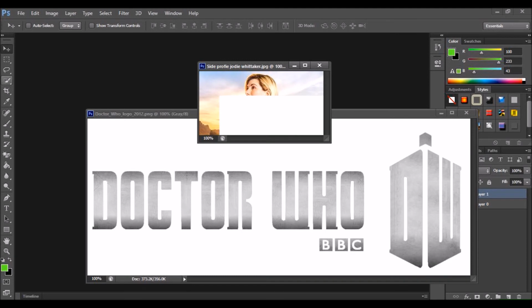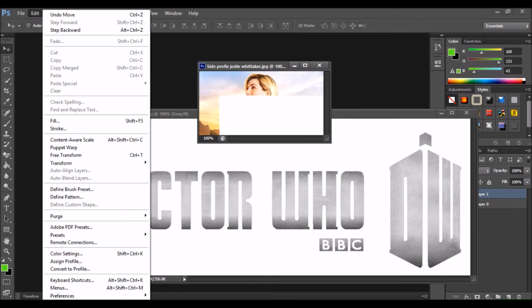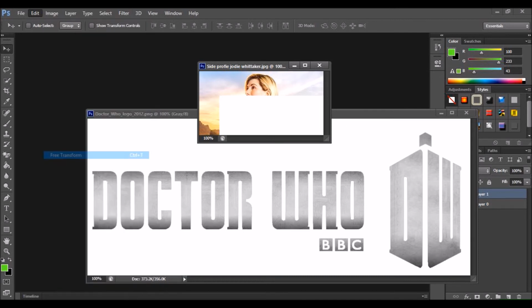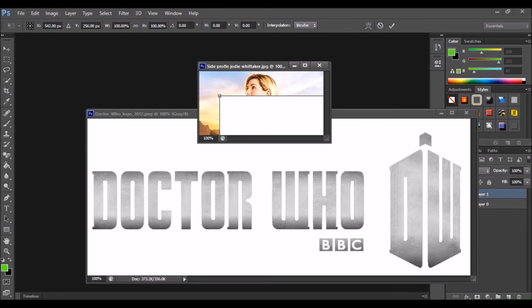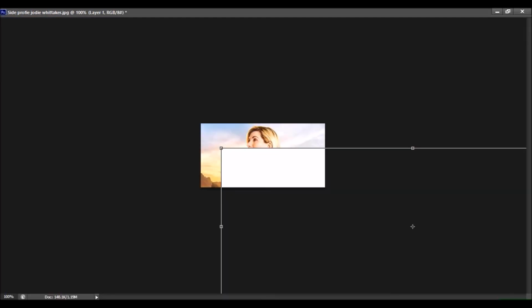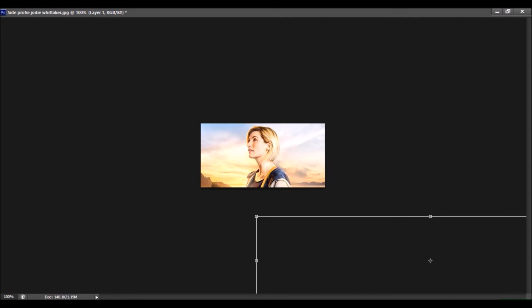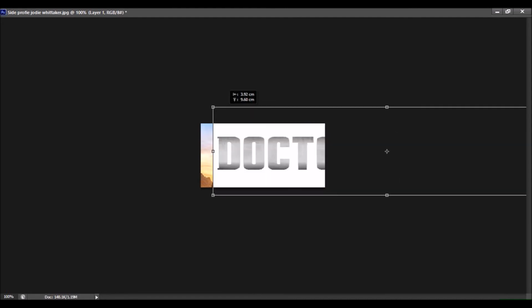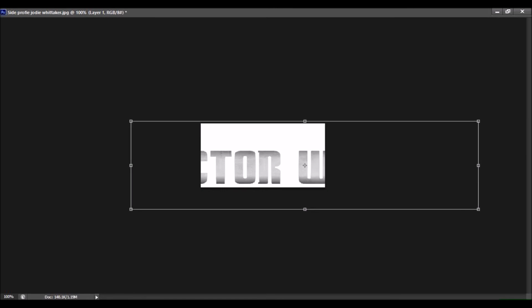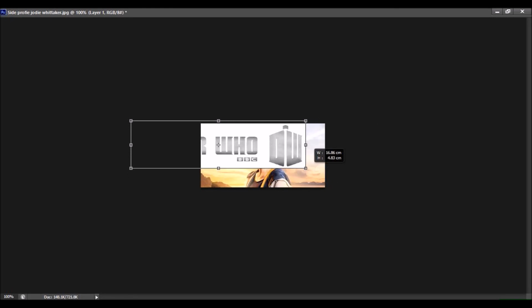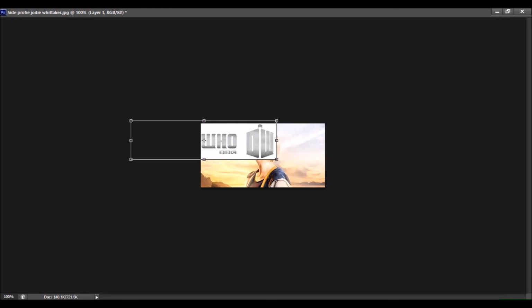Then what you want to do is you want to go to the Edit button up here and click on the Free Transform button. This will then give you a box outline of the image that you choose to overlay. Like so. You can then decrease it like this, however you want to do that,